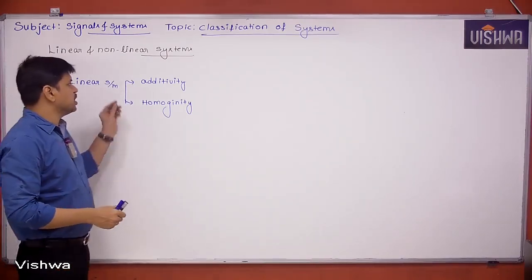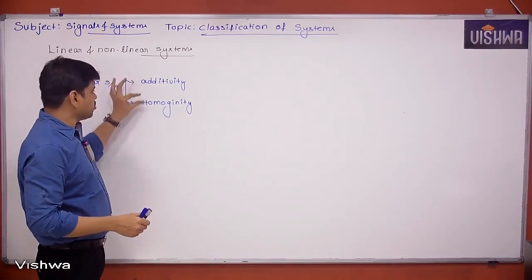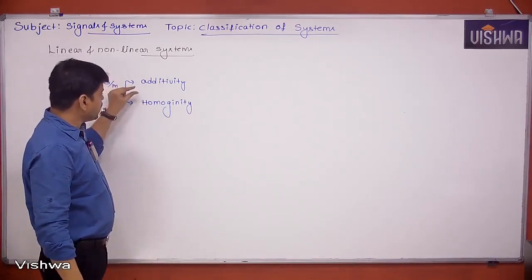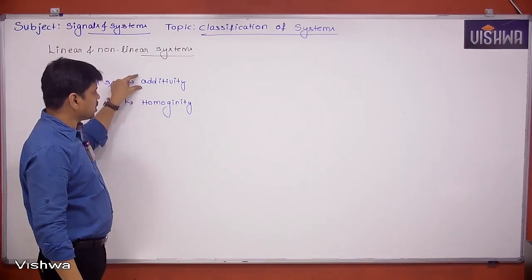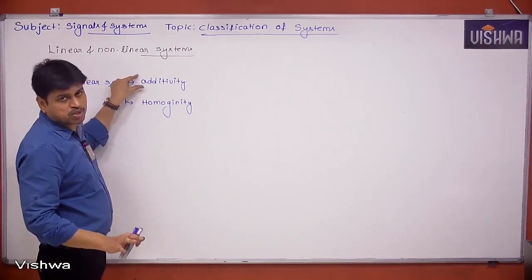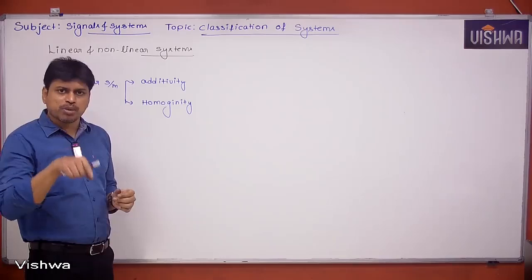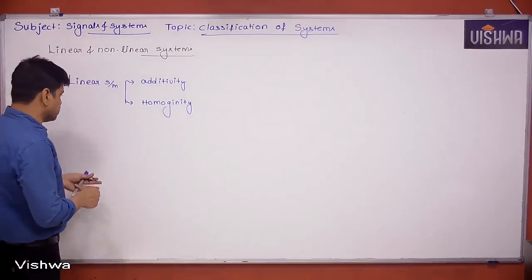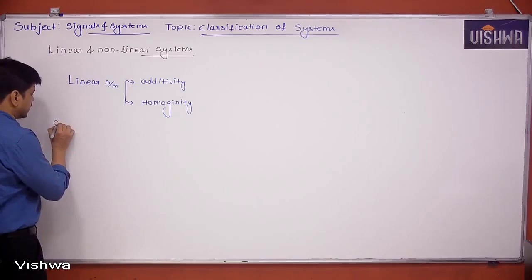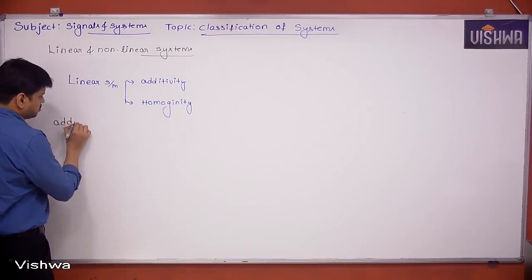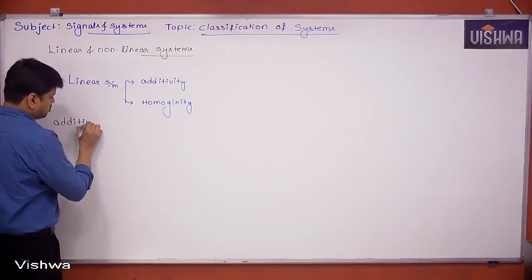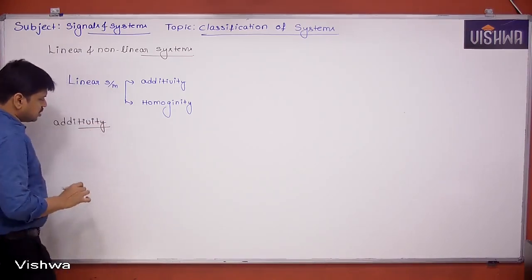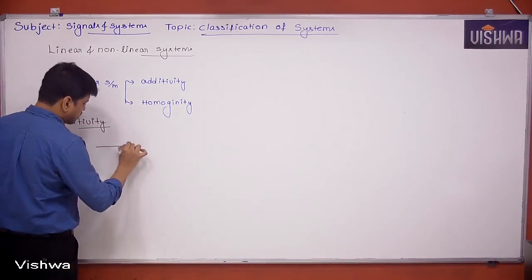So let's say if a system is obeying the additivity principle but not the homogeneity principle, still it is non-linear. If it is obeying the homogeneity principle but not additivity, still it is non-linear. To say it is linear, it has to obey both the properties. Understood? Let's see how it is going to be. Additivity means what? Additivity. Suppose I take a system,